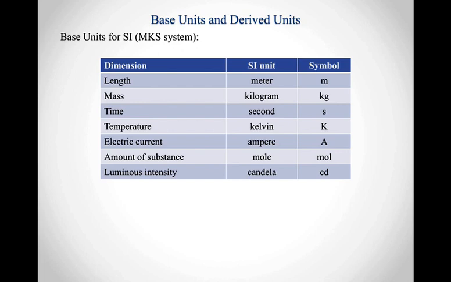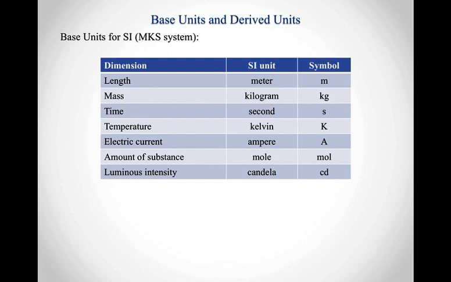So they're the units for length, mass, time, temperature, electric current, the amount of substance that you have, and luminous intensity. So any unit that you're going to deal with in the SI system can be built out of these base units, right? Now, we've said that the SI system is also known as the MKS system, and again, that MKS is giving you a clue about what the base units are for length, mass, and